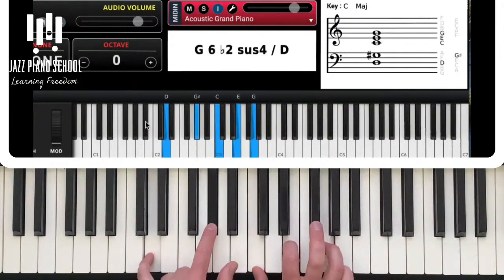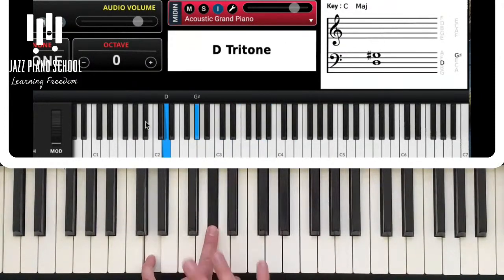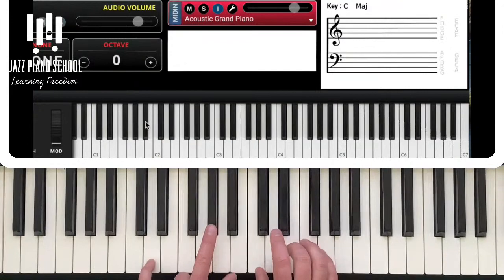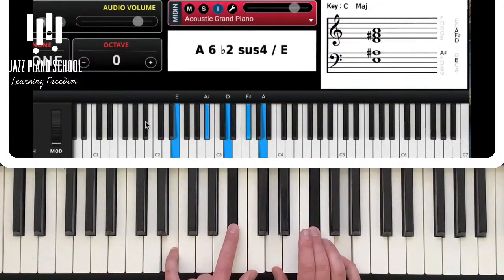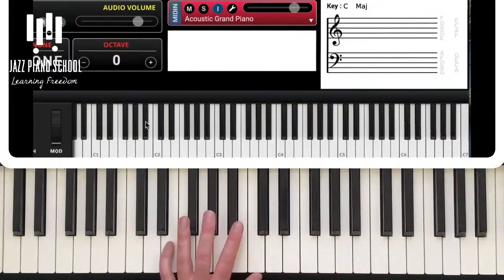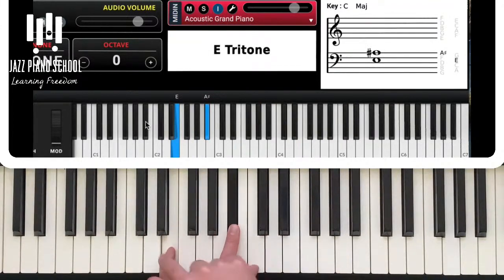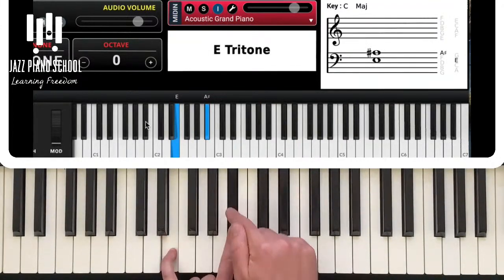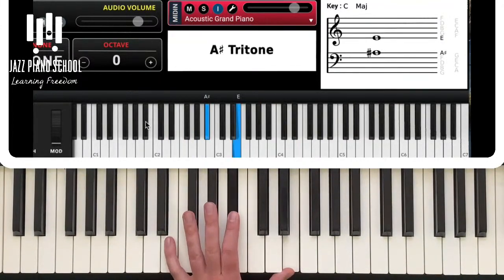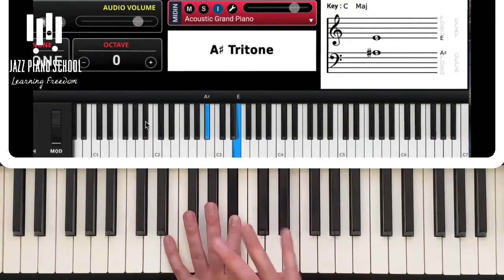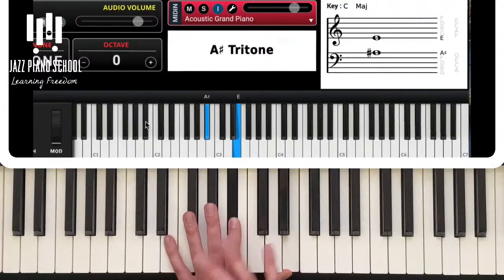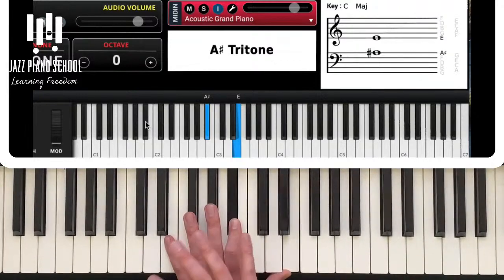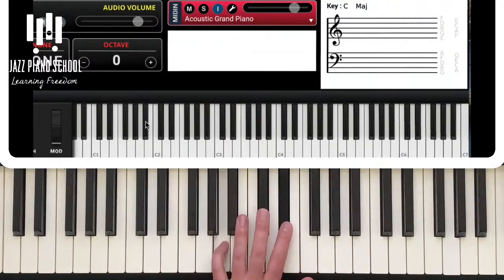Like this. Because this is how we're going to be comping, or this is how we're going to be soloing. And again, so my C7 here, I'd work on my shells with the 7 on the bottom and 3 on the top. 7 on the bottom, 3 on the top. And if you don't know your shells like this, this is another exercise in itself that should be worked on. You should be able to play your shells